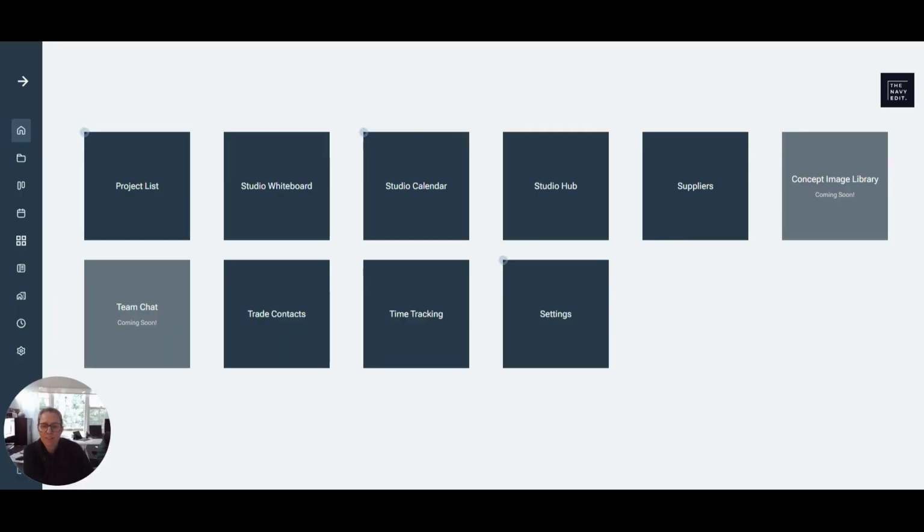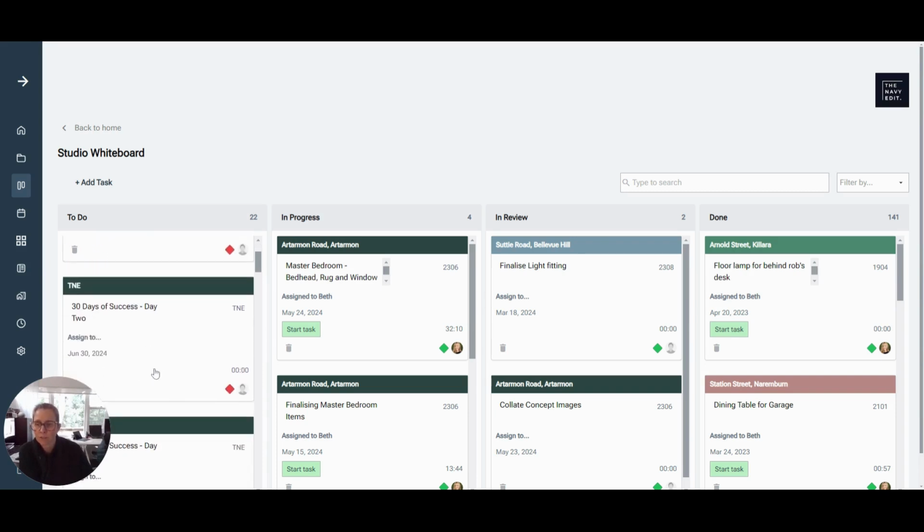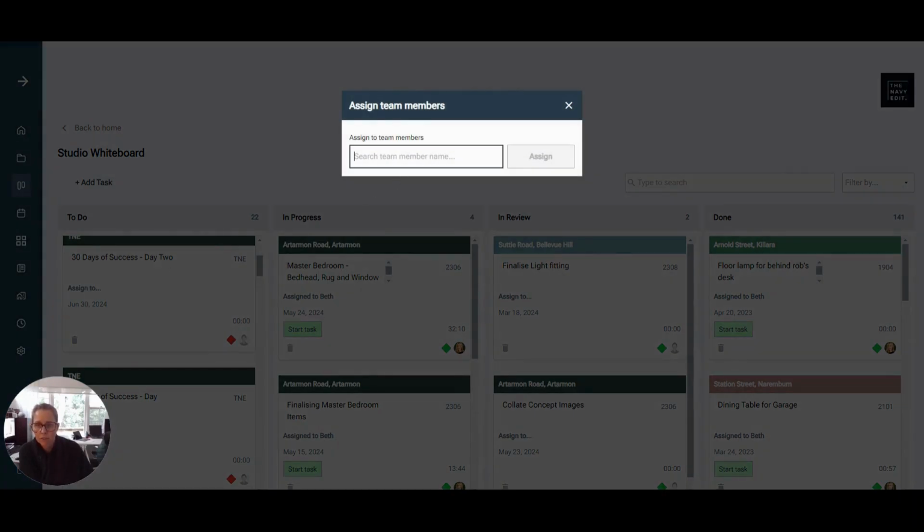So let's get started. So the first thing we're going to do is start the time tracking for the work we're doing this morning. So if we go into our studio whiteboard, we will see that the tickets that we made from our calendar entries, where we have set up our 30 days of success, are in our to-do list. Now, if I scroll down to day 2, which is today, the first thing I'm going to do is I'm going to assign it to myself